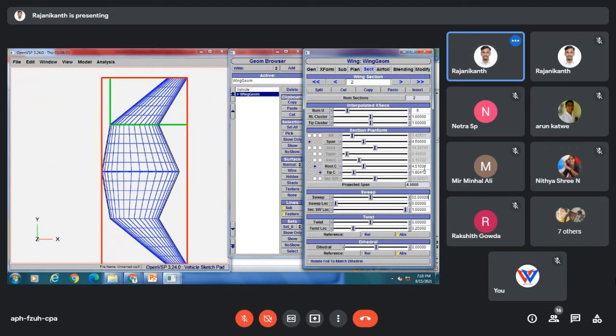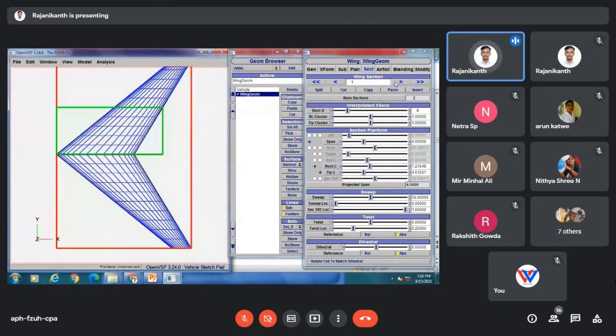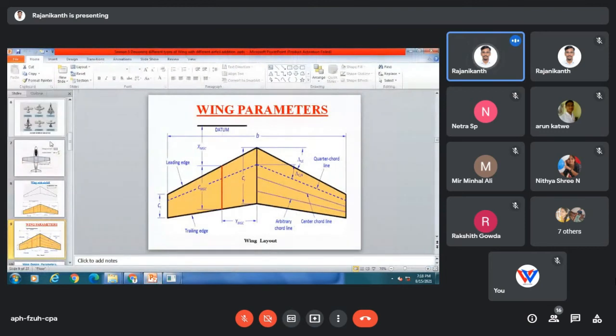Instead of 30 degrees we'll go with 50 degrees, or else you can come to the first section and maintain 50 degrees there. See, for both cases it's 50 degrees.